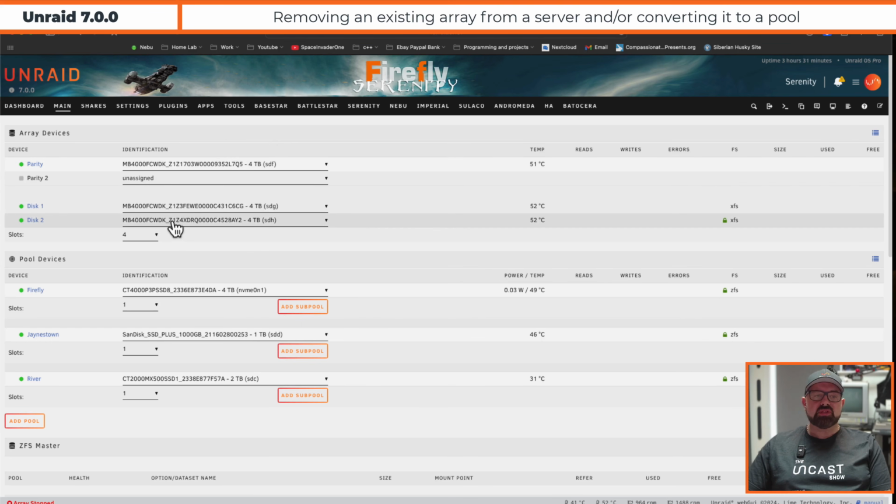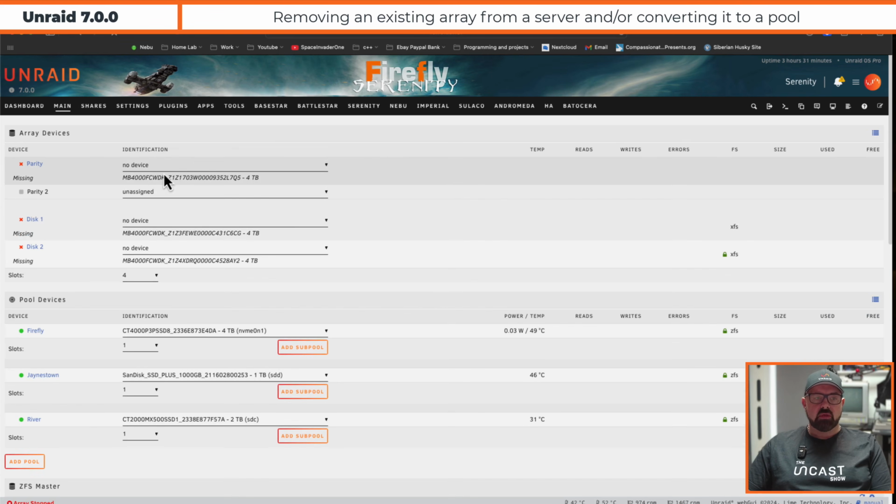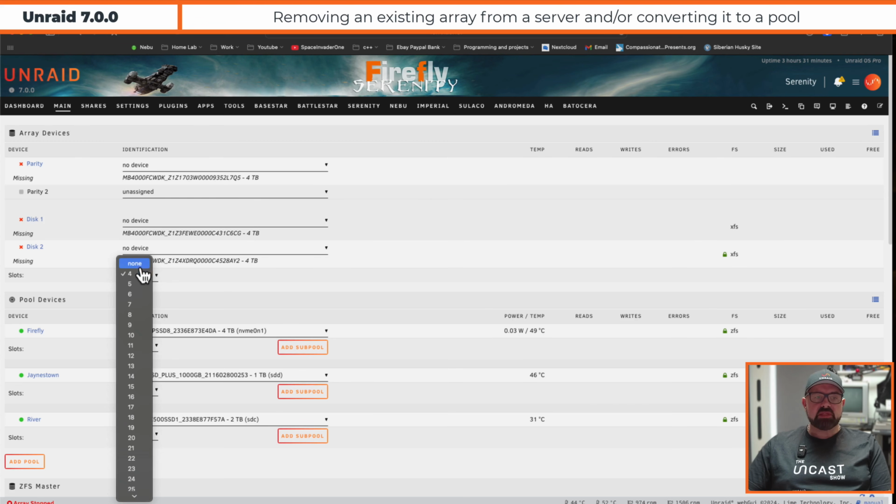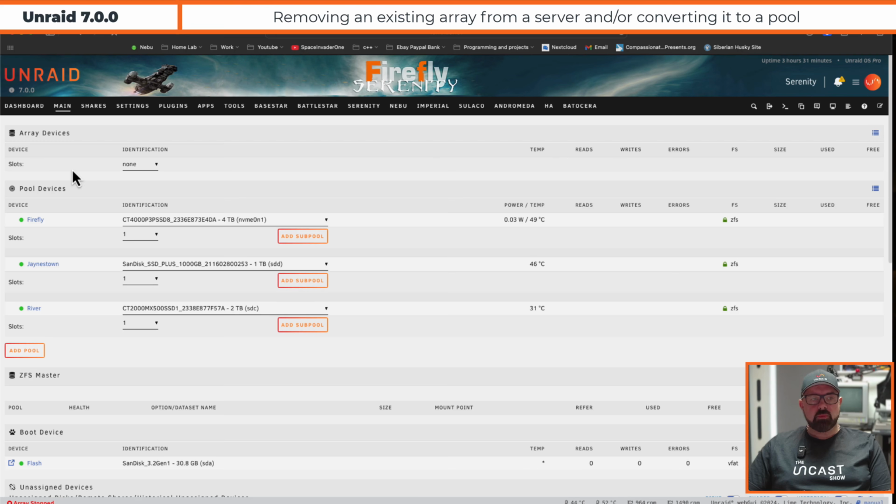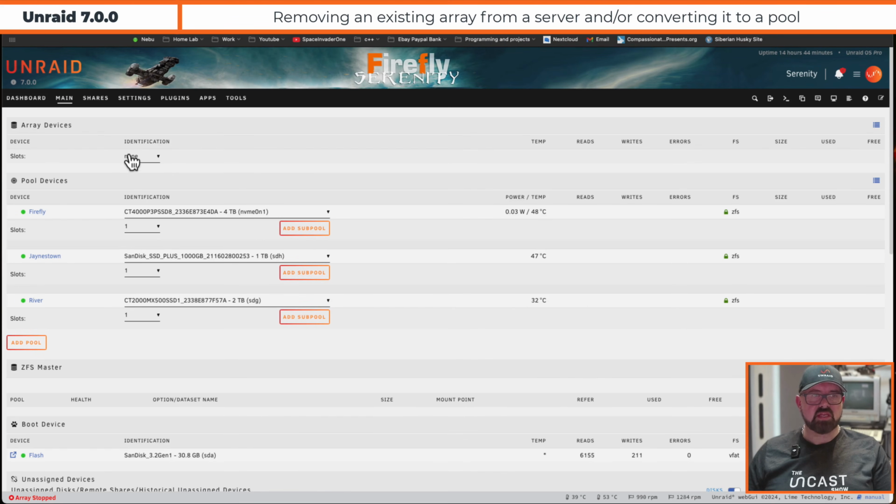And what we need to do is unassign all of these drives. And then with all of the drives unassigned, we go to slots here and we set the slots to none. So here we can see now there's currently no Unraid array. Okay, so now with these drives removed from the array, I can now set them, if I want to, to be